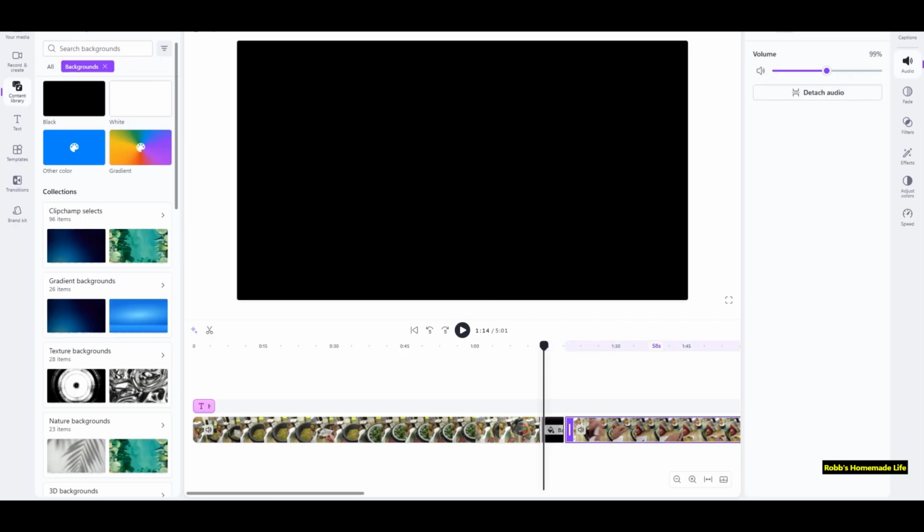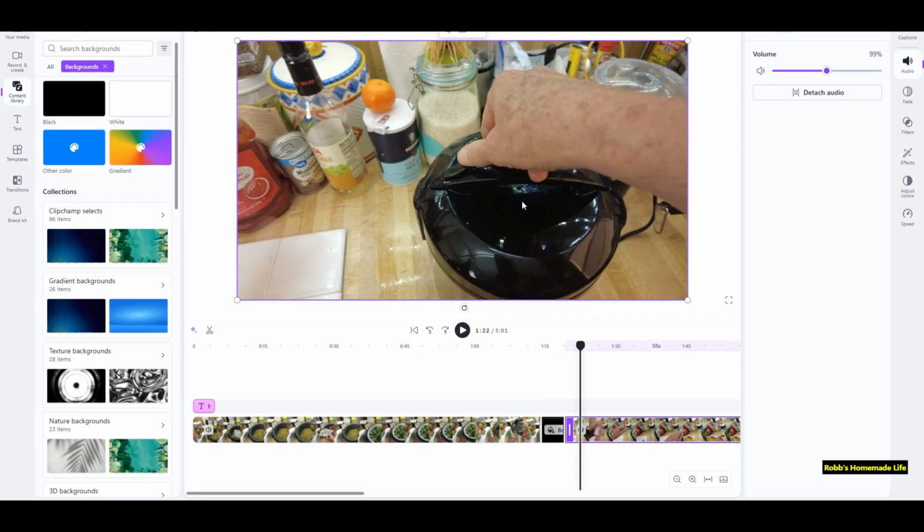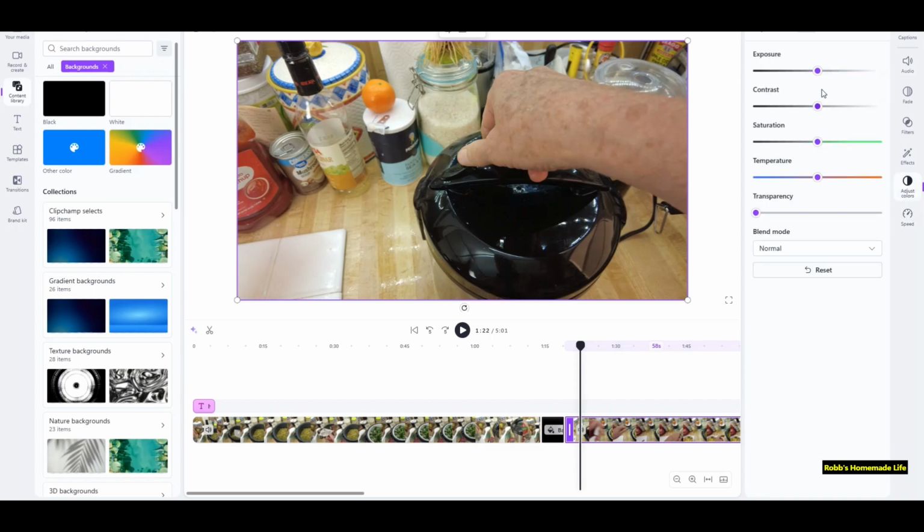There are some other handy tools real quick. You can adjust the colors. Let's say you don't like this lighting. You can do two things. You can adjust the colors and do the exposure, just bump it up a little bit, and obviously use contrast,